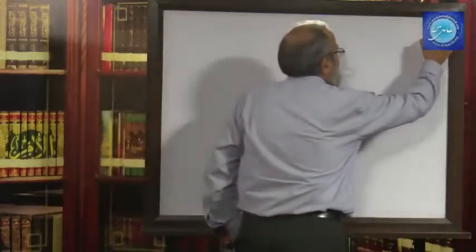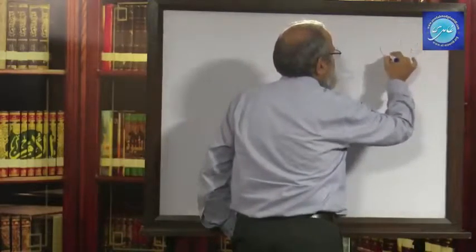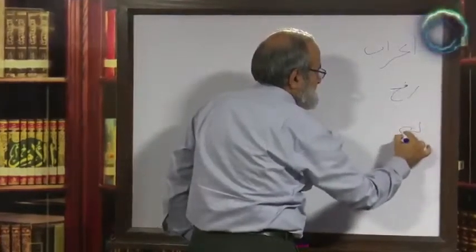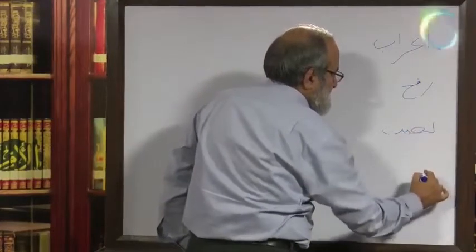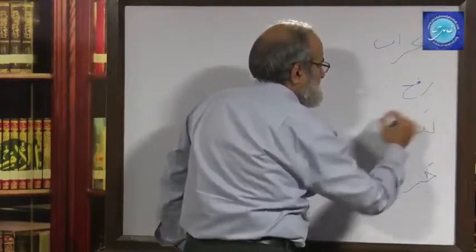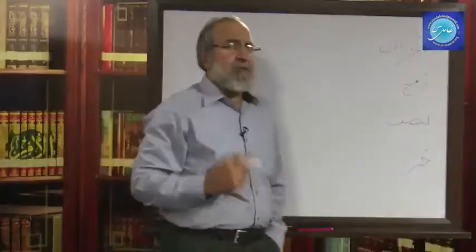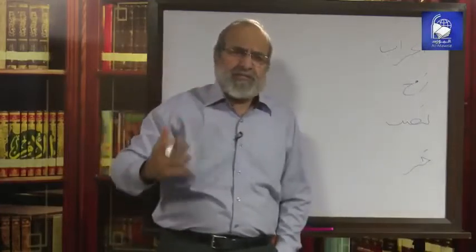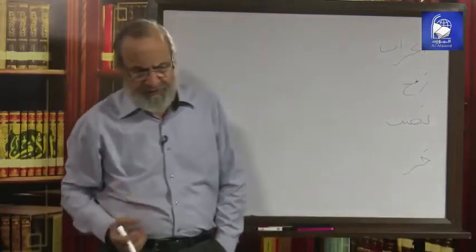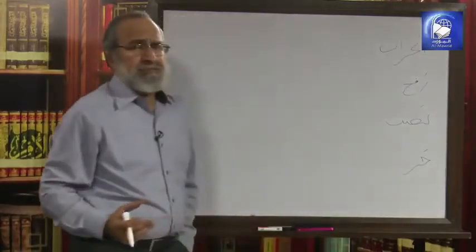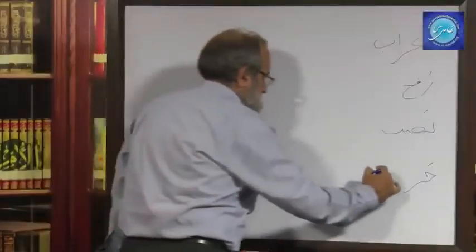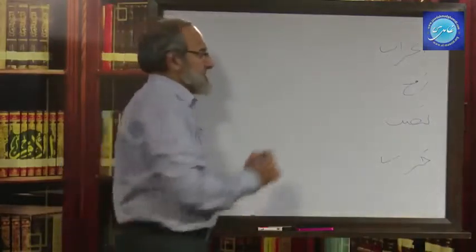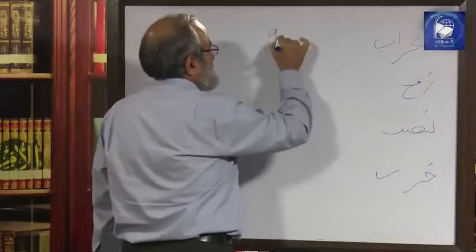So, the discussion on Arab has taken us to the understanding of Rafa, understanding of Nasab and Jar. But at the moment, we are now trying to figure out what are the practical possibilities wherein nouns take different forms of Arab. I have mentioned in the last discussion that when it comes to Jar, there are only two possibilities. In this case of genitive case,